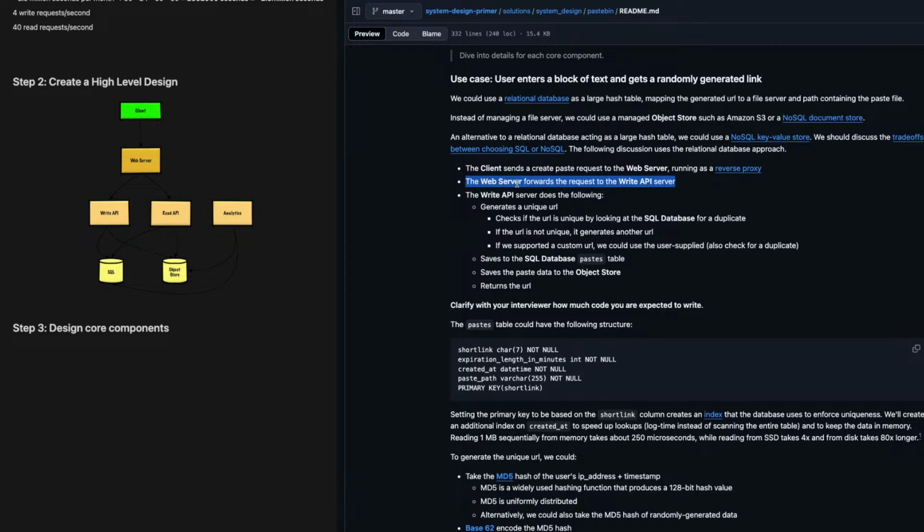The client sends a create paste request to the web server running as a reverse proxy. The web server forwards the request to the write API server. Here they have separated the services into a couple of servers, a write API server and a read API server, at least as of now. The reverse proxy directs the create paste request to the write API server. The write API server does the following: